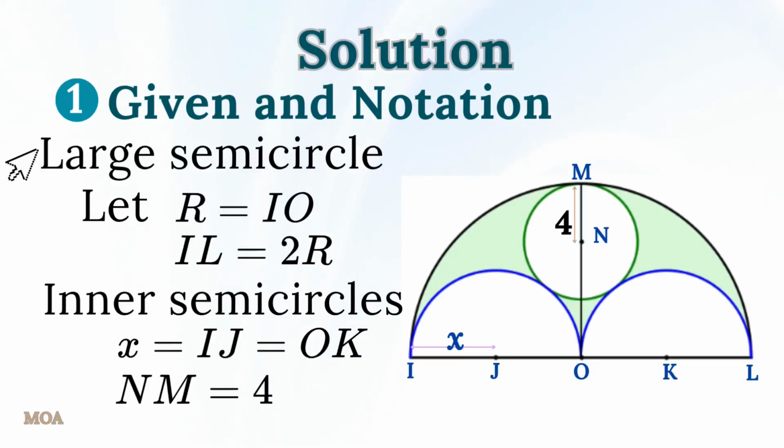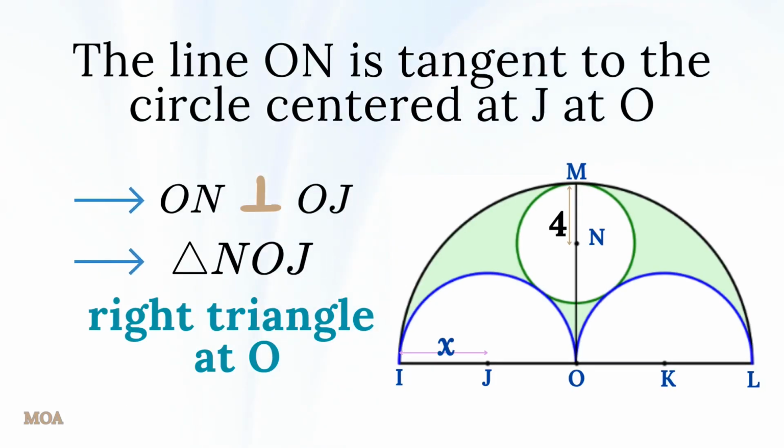Before proceeding to the solution, let us establish the fundamental geometric relationships and define our notation. In the large semicircle, let R denote the length of IO. Therefore, IL equals 2R. Regarding the inner semicircles, let X equal IJ, which equals OK, and the radius MN equals 4. Since the line ON is tangent to the circle centered at J at the point O, this implies line